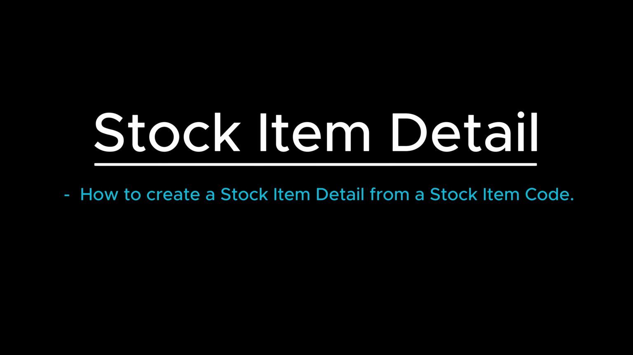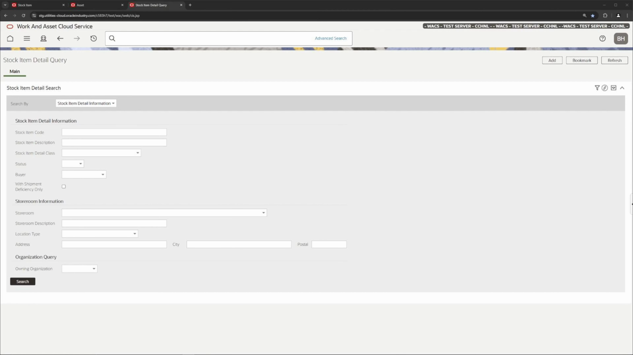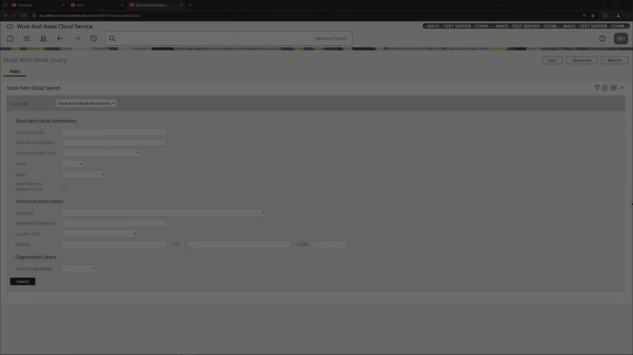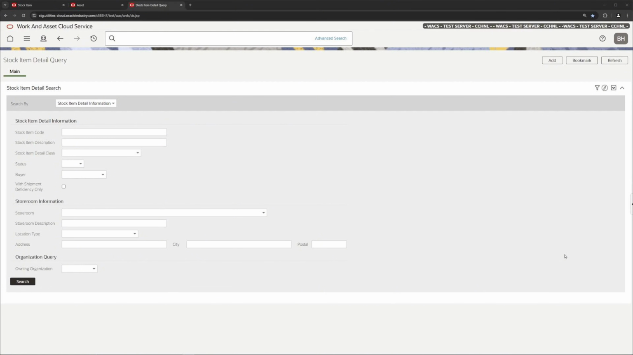This video will demonstrate how to create a stock item detail for a stock item code. First off, let's go ahead and navigate to your stock item detail module. This can be done by clicking inside of the search bar above and typing /stock item detail. Once there, let's go ahead and click the Add button in the upper right corner to add a new stock